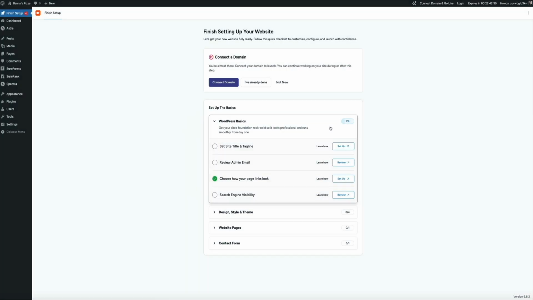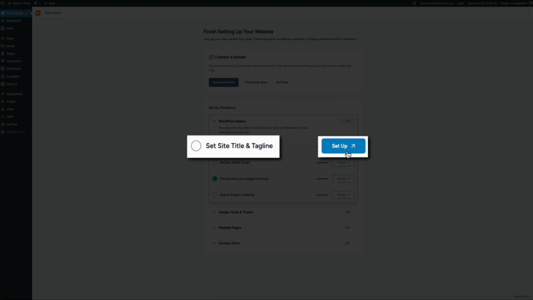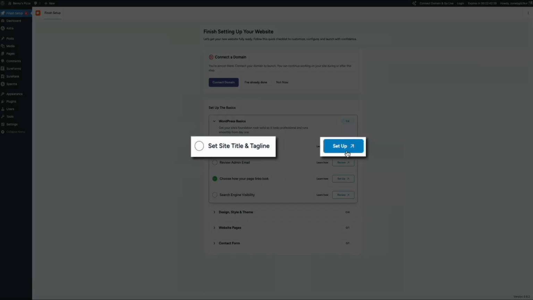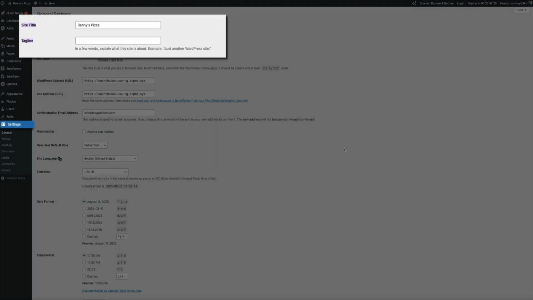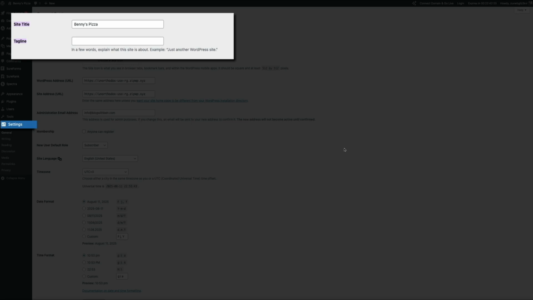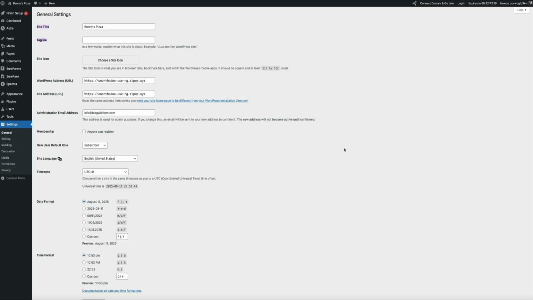Another really cool thing about ZipWP's Finish Setup checklist is that if you click the Setup button, it'll take you directly to that part of the WordPress backend and will even highlight where you need to go in order to make the edit. As you can see here, it takes us to the WordPress settings and even highlights the site title and tagline sections, directing you towards the exact place where you need to make the changes. That's pretty cool. This is great for backend configurations like the site title and tagline, and I highly recommend going through each one of these steps if you're brand new to WordPress and you want to start your site off